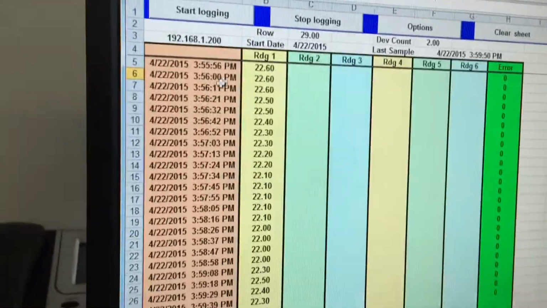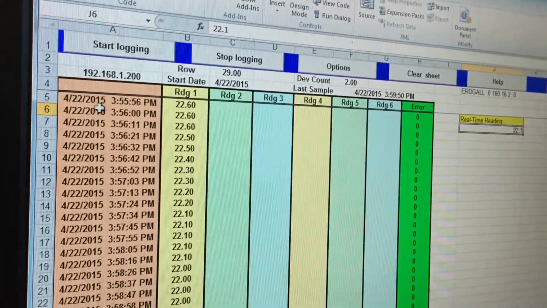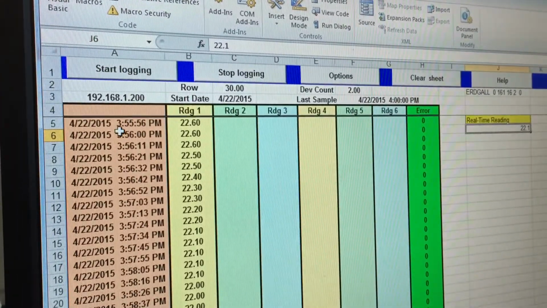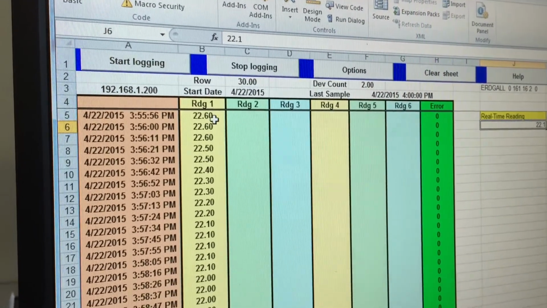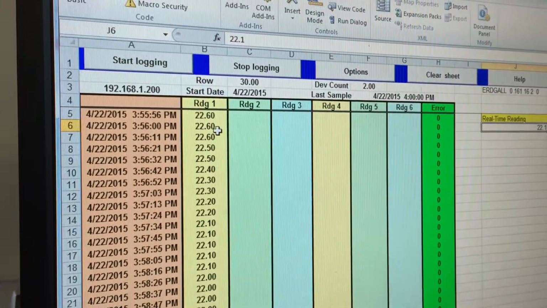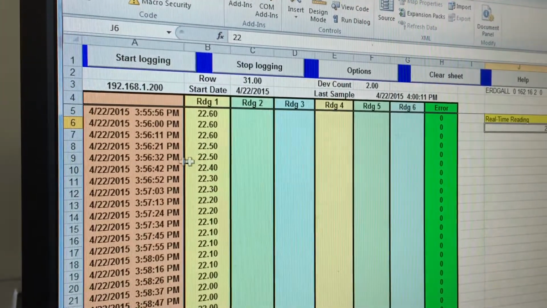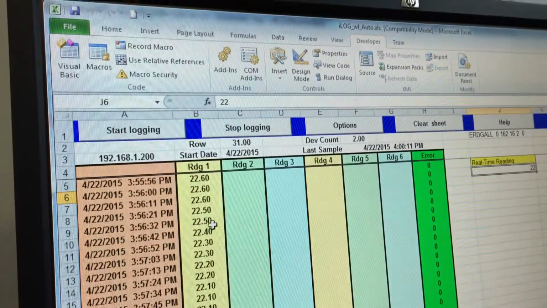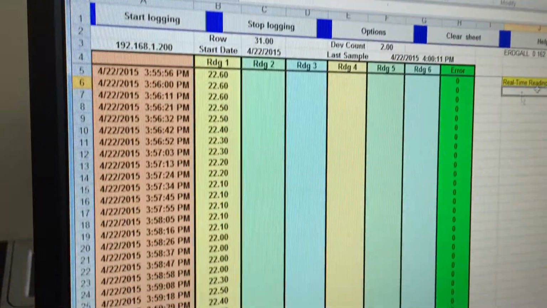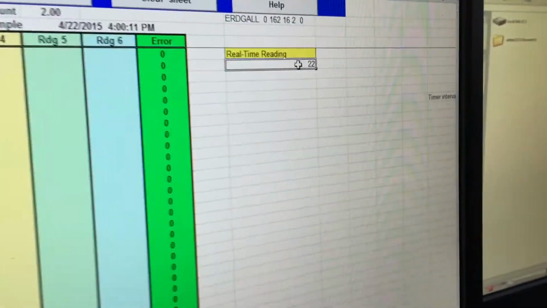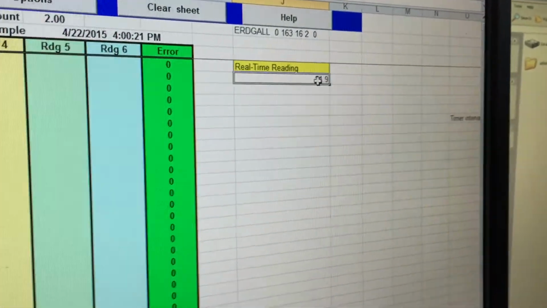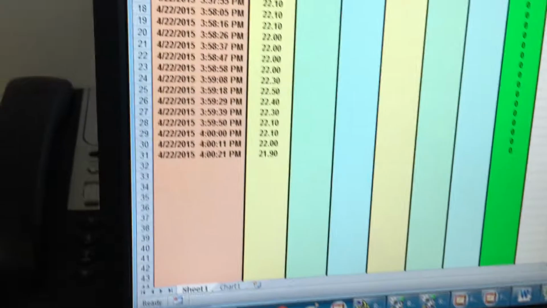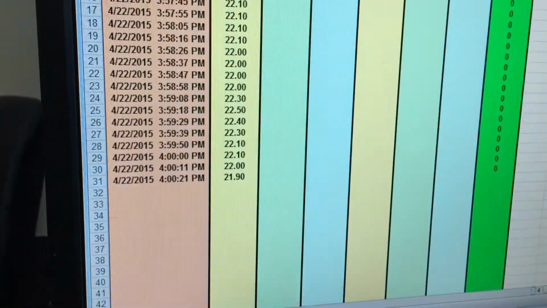We can see the readings here: for 3:55:56 p.m. we have 22.60, at 3:56 we have 22.60, at 3:56:32 we have 22.50. Now this particular cell indicates the real-time reading. That's a newer reading. You can see the change over here. It indicates the temperature is changing.